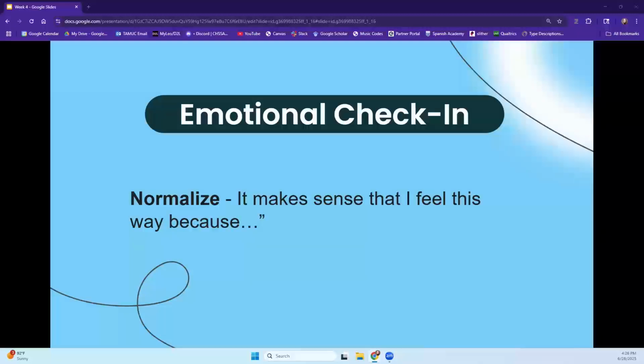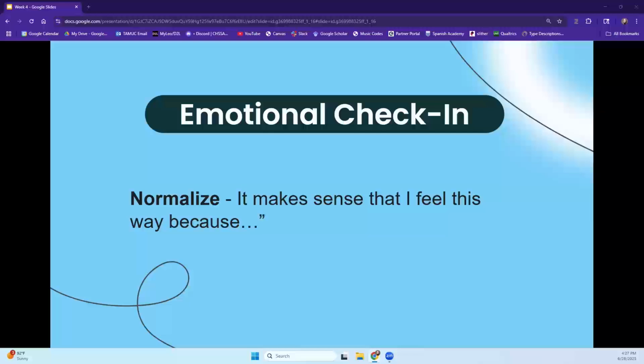Maybe you want to phrase it as, it makes sense that I feel blank. Makes sense that I feel this way because of this. So why are you feeling this way? And try not to judge yourself or think, well, that's a petty reason to feel this emotion. Don't be critical of yourself, but what is it that is making you